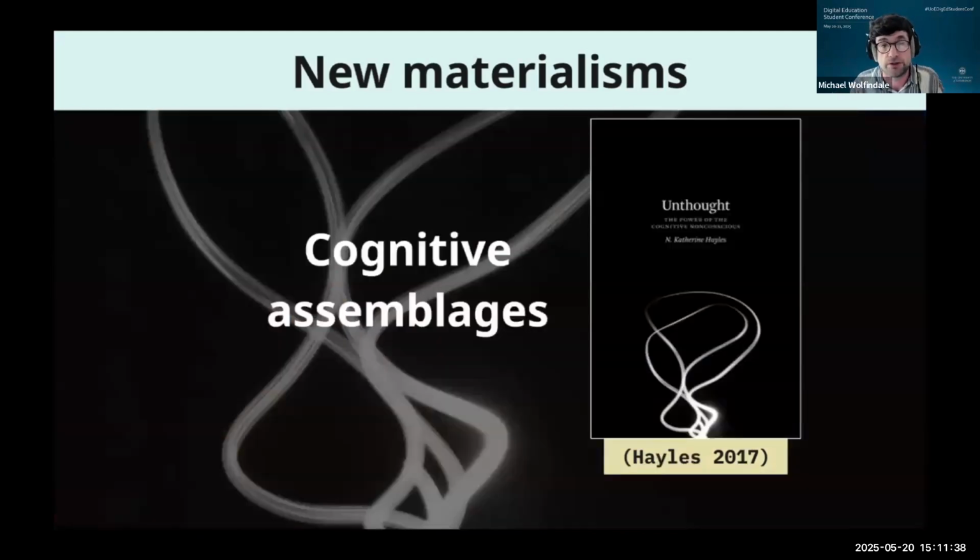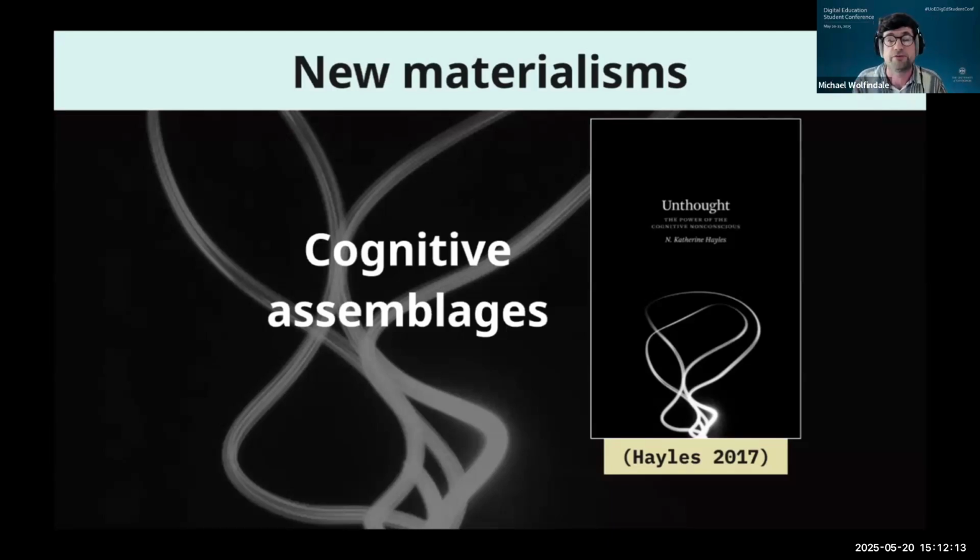So there are also some other new materialist theories I work with, such as Hayles' cognitive assemblages framework, which also provides a productive way to think about agency. In particular, for this one, the capacity for choice between just entities with consciousness, such as humans, and considering also those entities without consciousness, such as objects, material forces, and so on. So there's a different but also productive framework to think with, especially when it comes to considering issues of accountability and responsibility with respect to an entanglement of AI technologies, of humans and educational practice and so on.